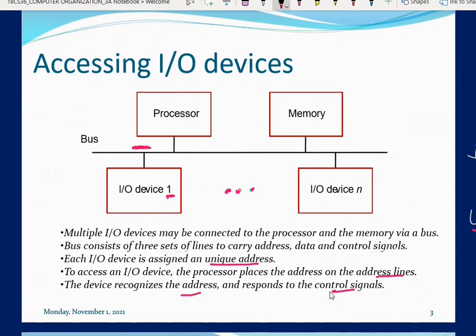Whatever the operation, we already know that the control unit is always going to generate the control signals, and they tell what operation to perform. As soon as the address is placed on the address line, whichever device matches that address recognizes it and responds to the control signal sent by the processor. So that is how an IO device is going to respond.